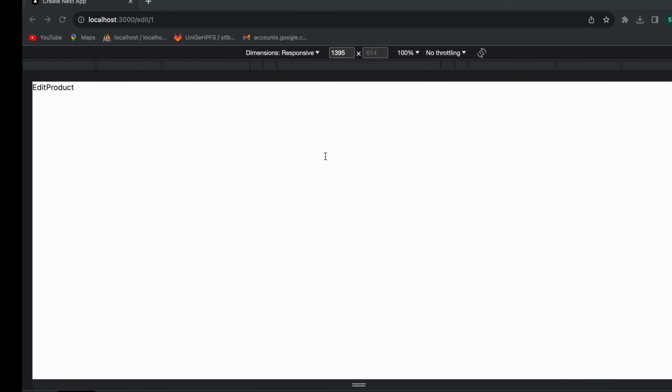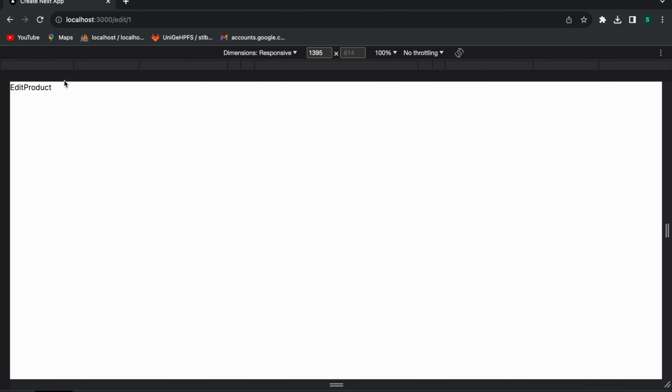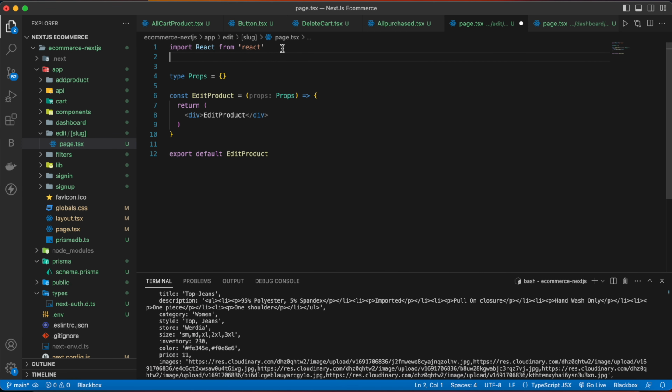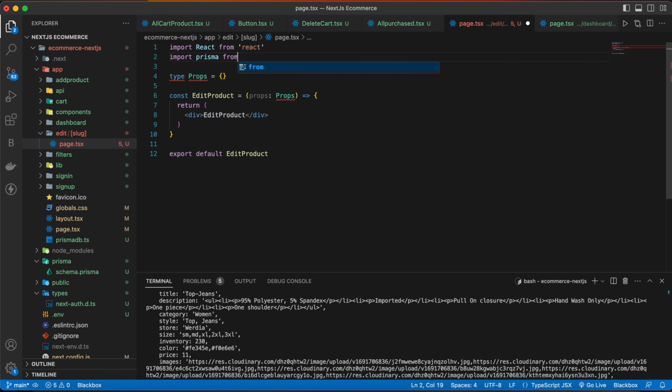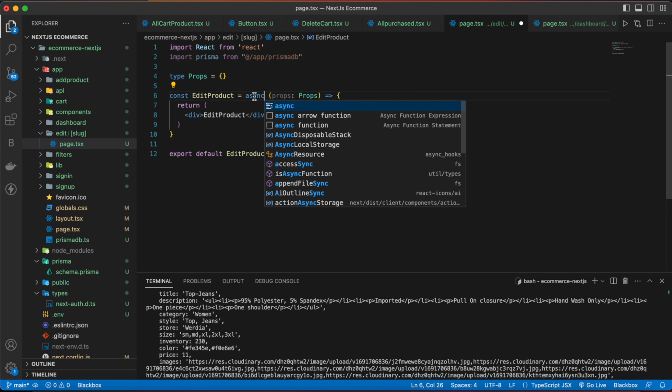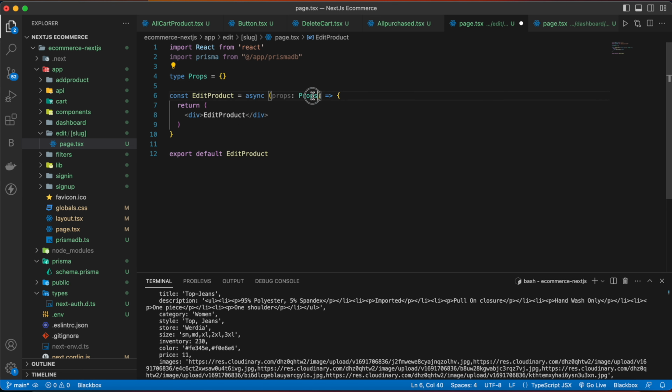Now save, and as you can see now we got a page here, not an error. So let's continue working on this page where we are going to edit our product. So first let's import our Prisma from app/APIs/app/PrismaDB. Now here let's make this our async function and then remove this part, and here we are going to have our params